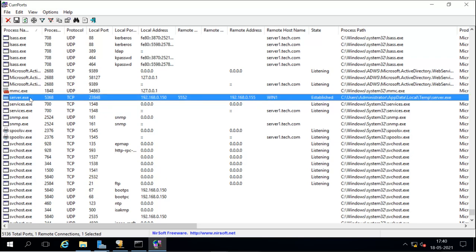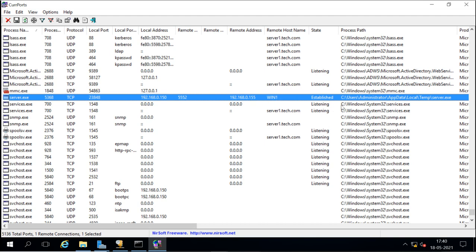This one is a Trojan which is connecting to this host IP 192.168.0.155, and here you can see the detailed information. You can see the process ID, it is using TCP, this is the local port, this is the remote port, this is the remote IP, and this is the machine name. It is also showing the machine name that is establishing the connection.